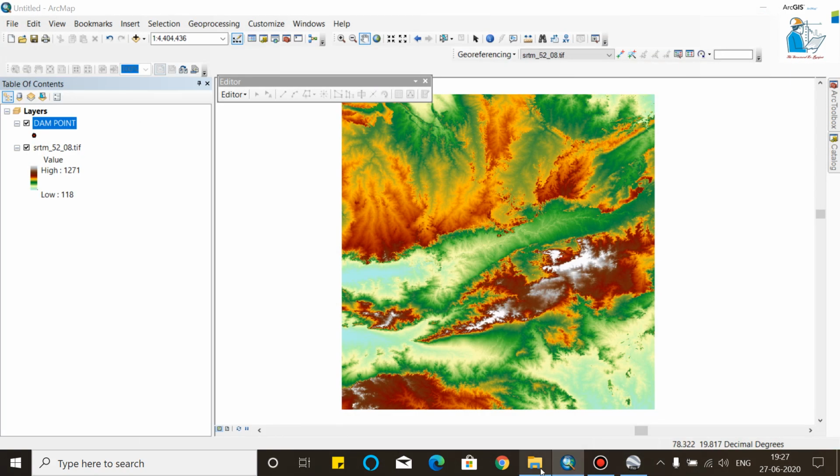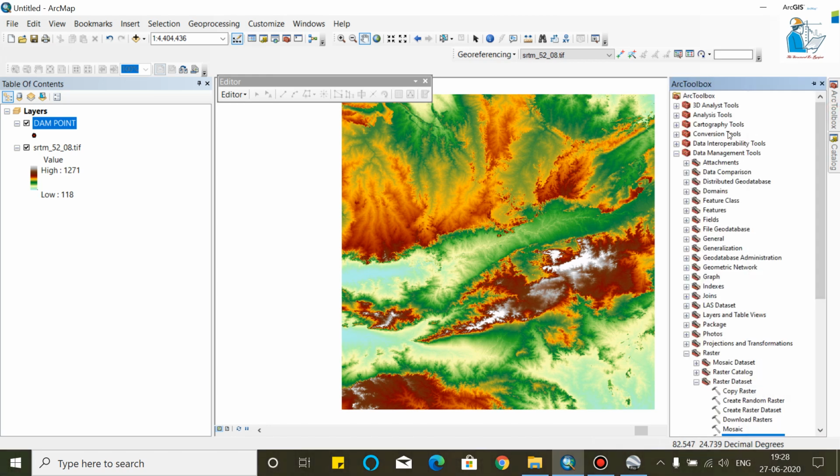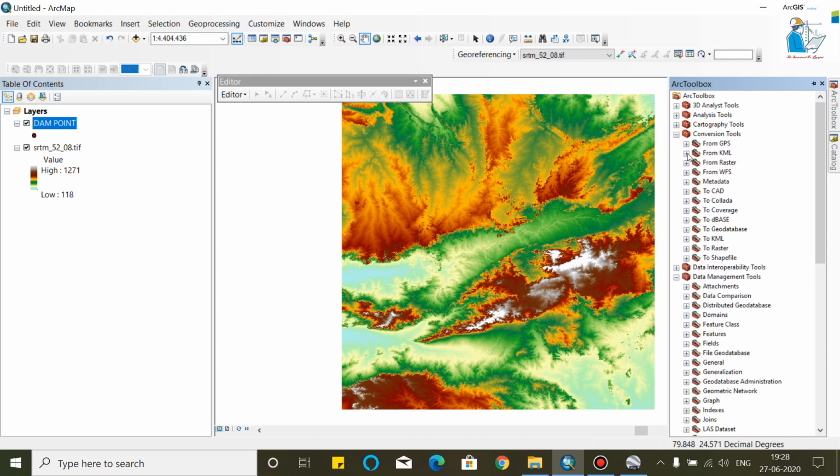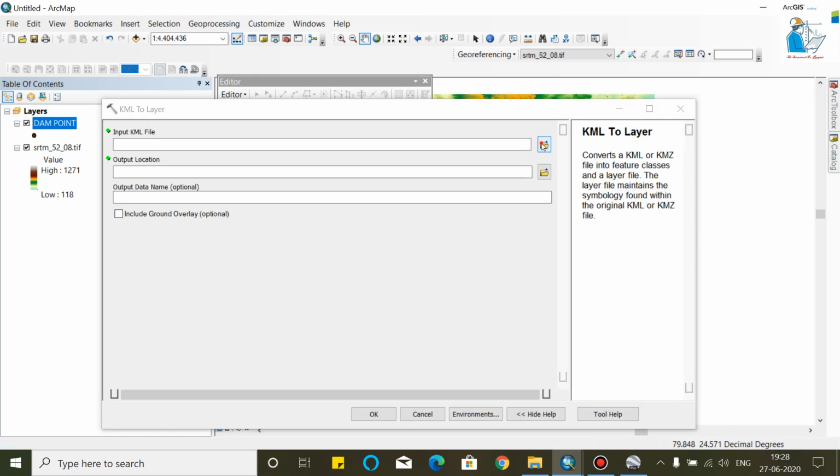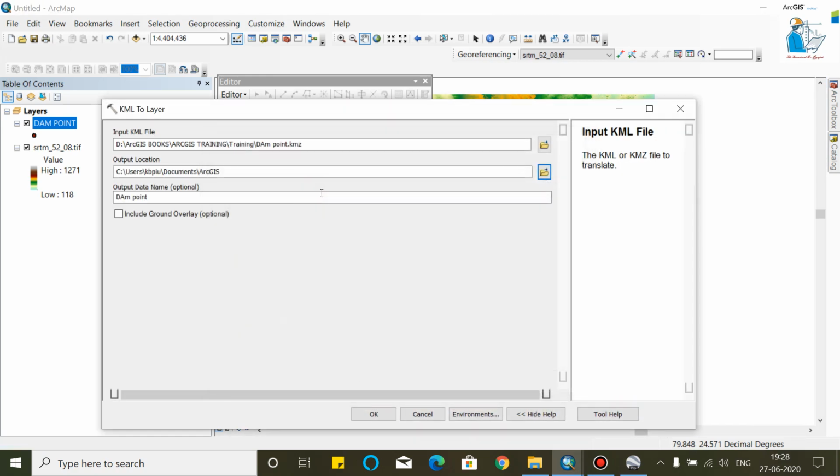Now we will import that point so that the accurate point will be placed as the dam point. Now go to the conversion tool, KML to layer, select dam point, and click OK.